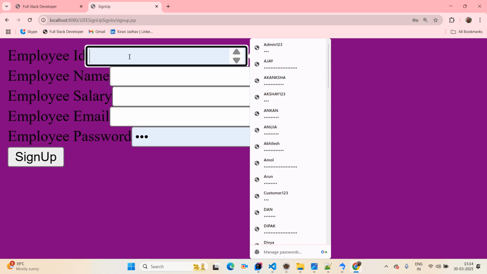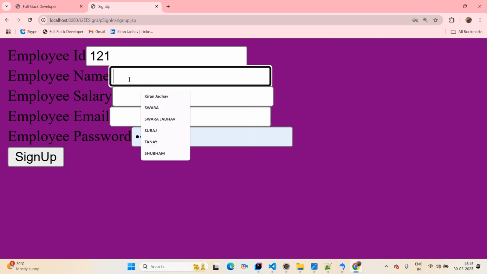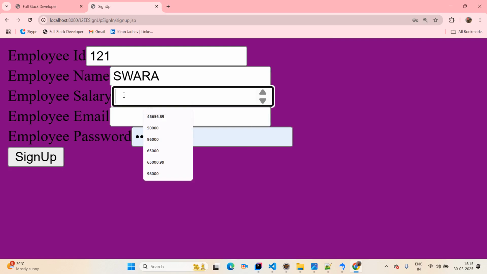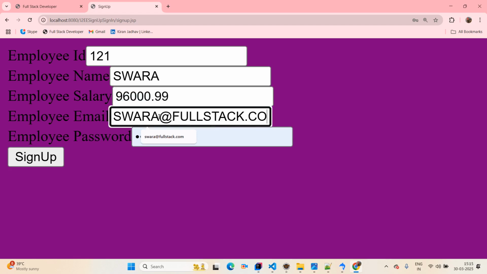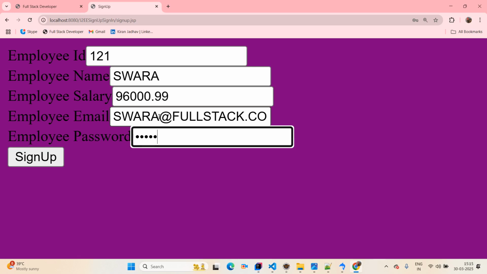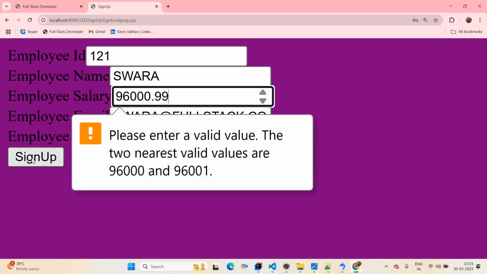The employee ID I am passing here is 121. The employee name I am passing here is Swara. The employee salary I am passing here is 96,000.99. The email ID I am passing here is swara@fullstack.com, and the password I am passing here is swara@123. Click on sign up, but it's